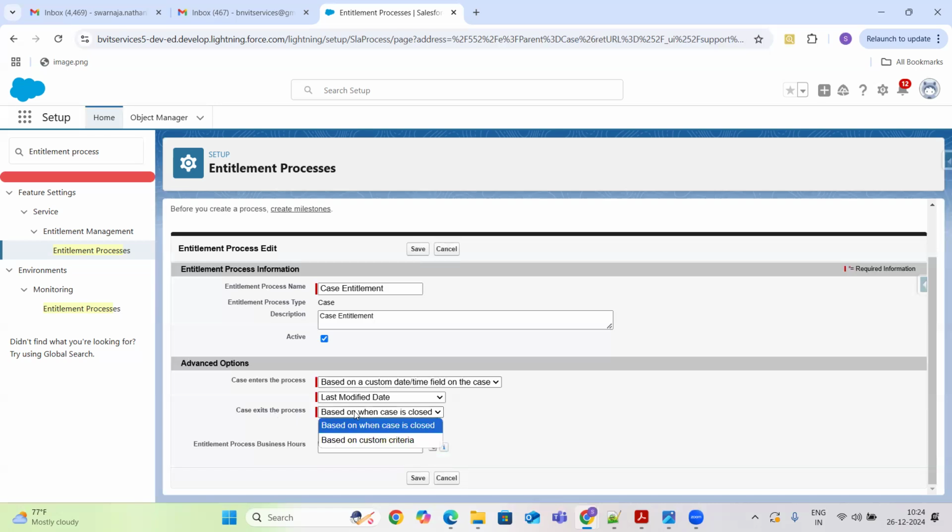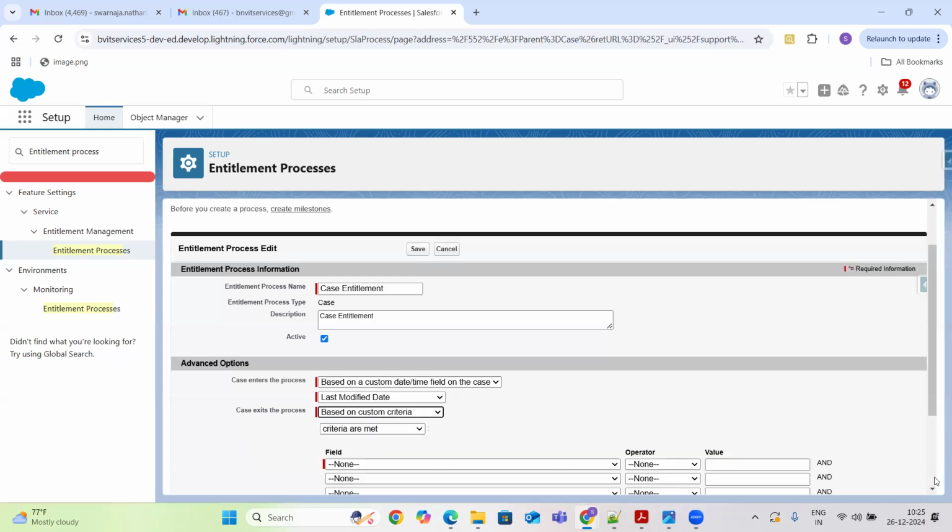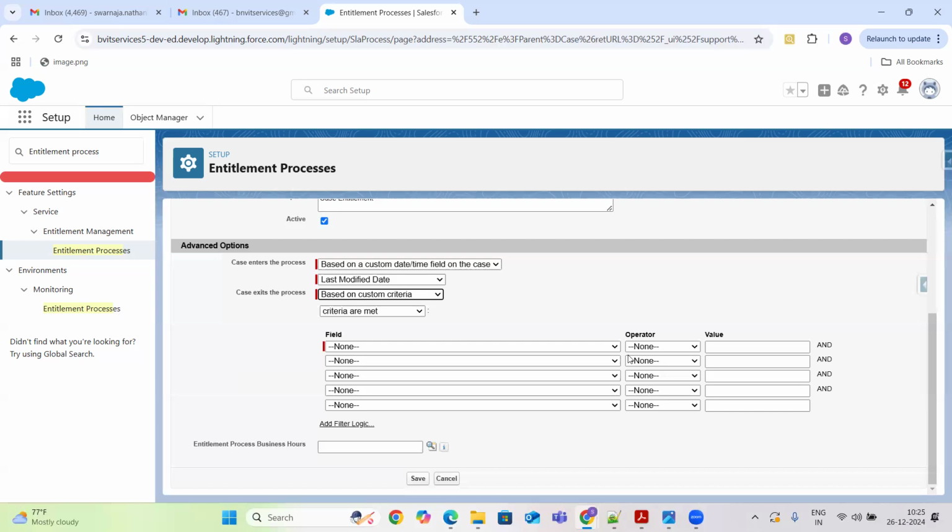The same thing for exit. When the case exits the process, that means the case is closed, as I explained, or you can have your own custom criteria also.